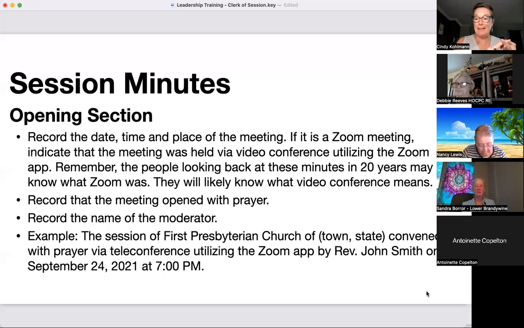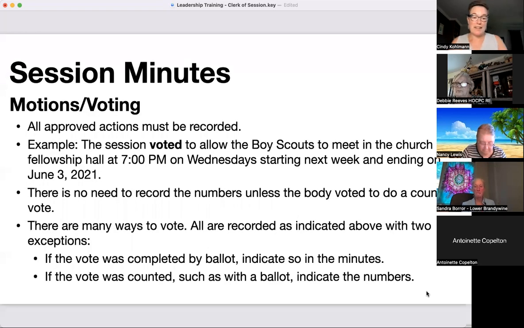I know the attendance roll will be attached. That's how we do it at the presbytery level. So my template has all of that preloaded, and then I just put in the specifics. It's a little time saver. And for the things that happen every month, it's a reminder, this is supposed to happen. And it means I don't have to type as much. And that's a good thing. So from the opening section,